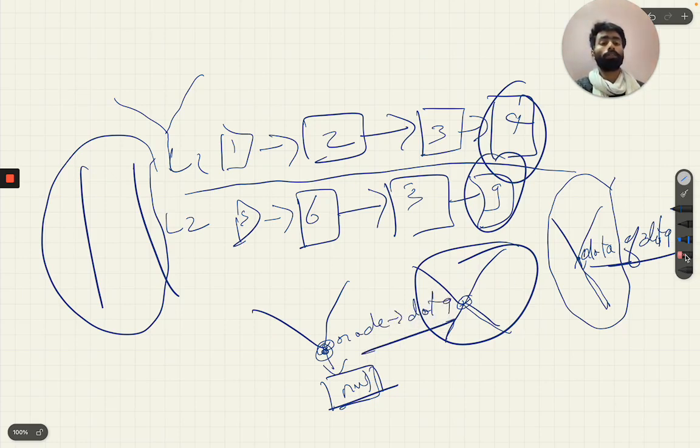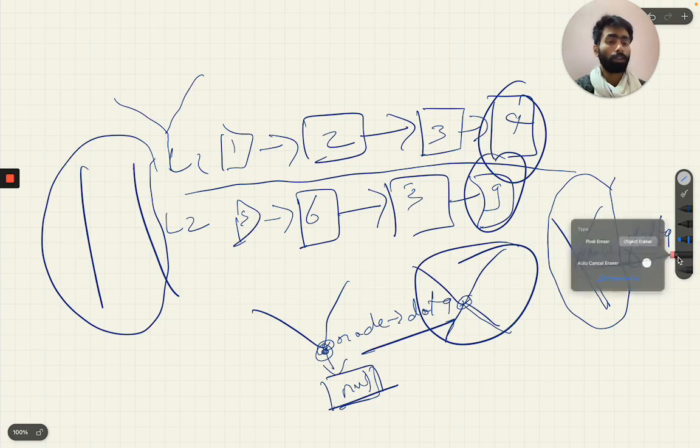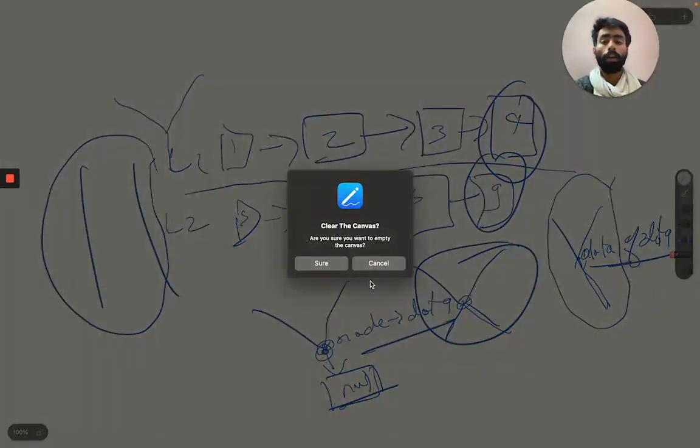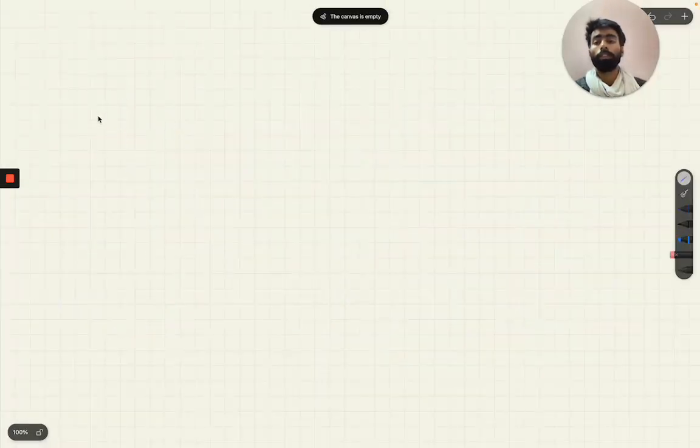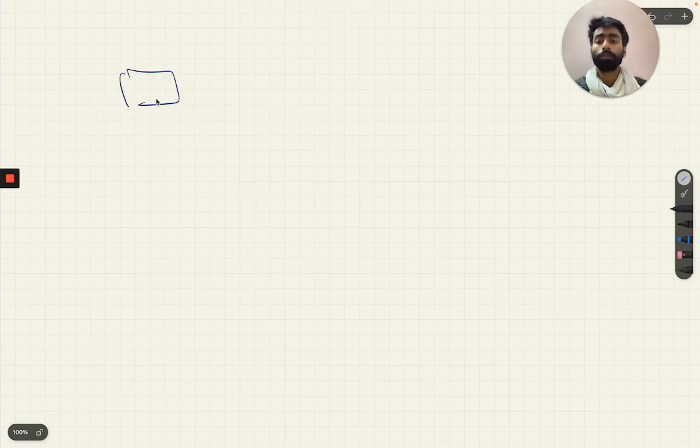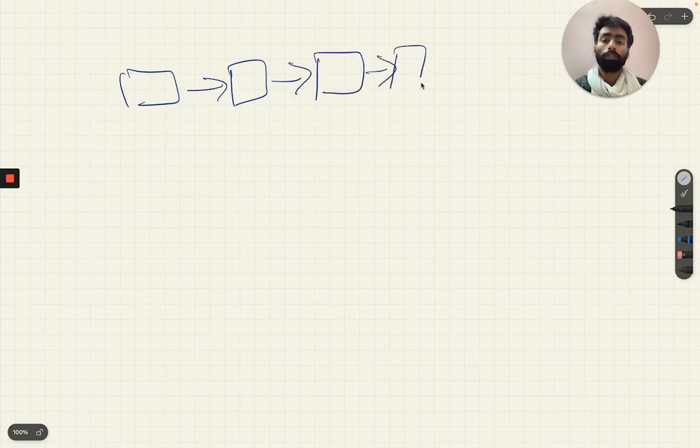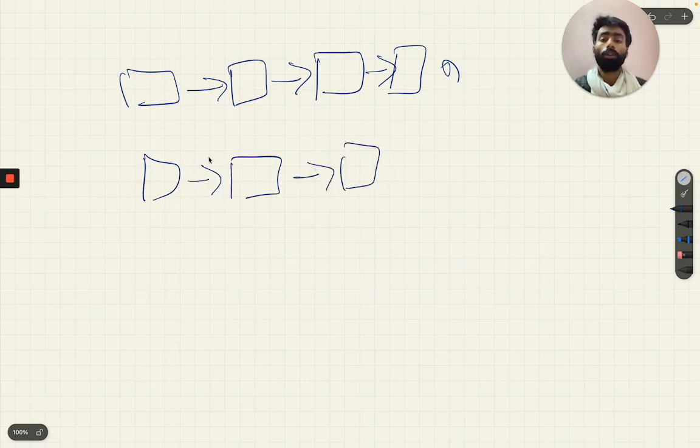So first of all, the naive solution to this question is to compare every value of one linked list with another linked list.